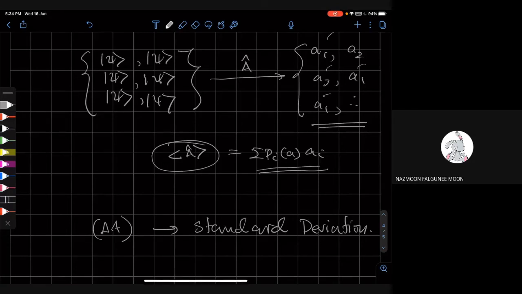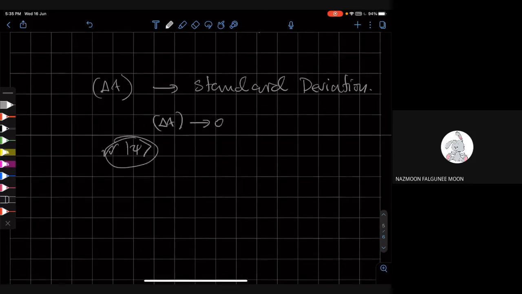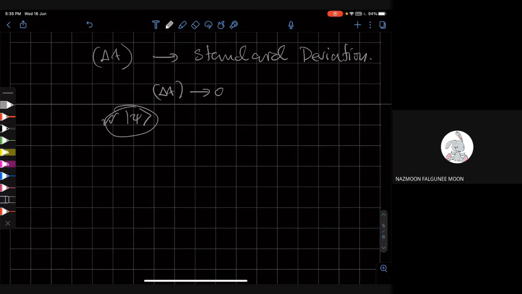Now what you can do is devise a very precise experiment such that you choose a state which is so finely tuned that you minimize delta A. You can create a state where you know that if you observe A, it's going to give you exactly the same number again and again. That's how you have prepared your state. That's possible. Now in classical physics, suppose you have a system where you know precisely what the momentum was, then if you measure its momentum and its position, the measurement of the momentum is not going to affect the